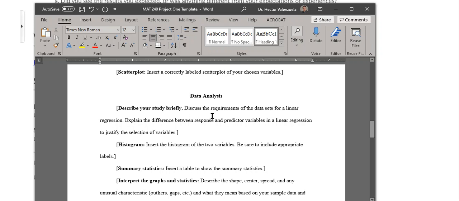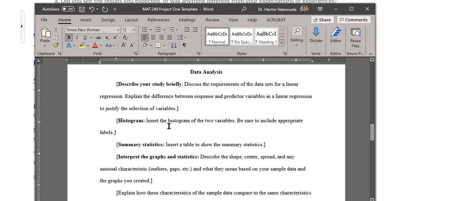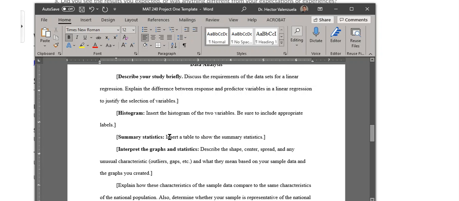We talked about that in week 3, module 3 assignment. Here's a histogram that you'll be working on and including. Summary statistics. Remember now in the first videos that I talked about in the assignment,